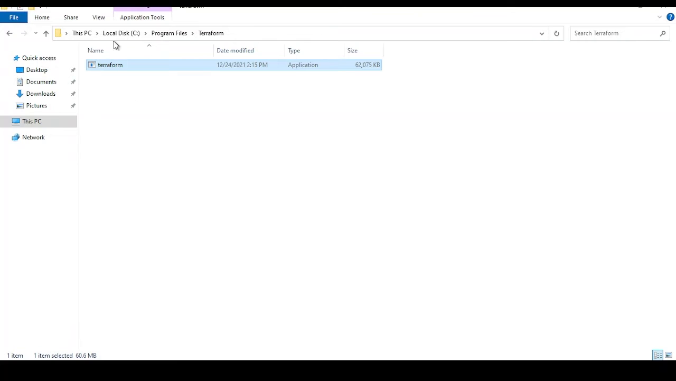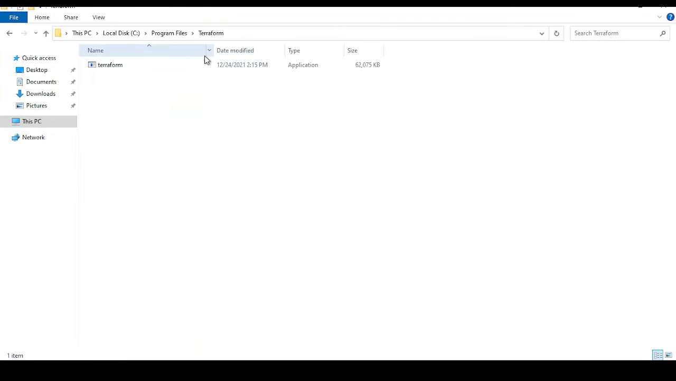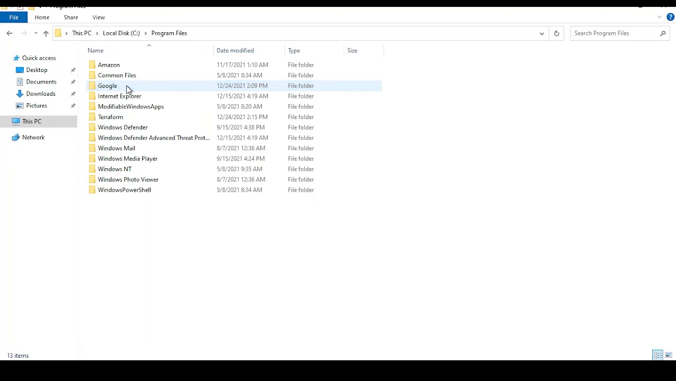So whenever I need to check where I have installed the Terraform, I'll just go to C drive and after that program file and I just go to Terraform. So if you would like to keep Terraform folder outside the program file, that also you can do. There is no kind of any issue. So it's up to you where you want to keep your file as per your convenient. So I'll just keep here,